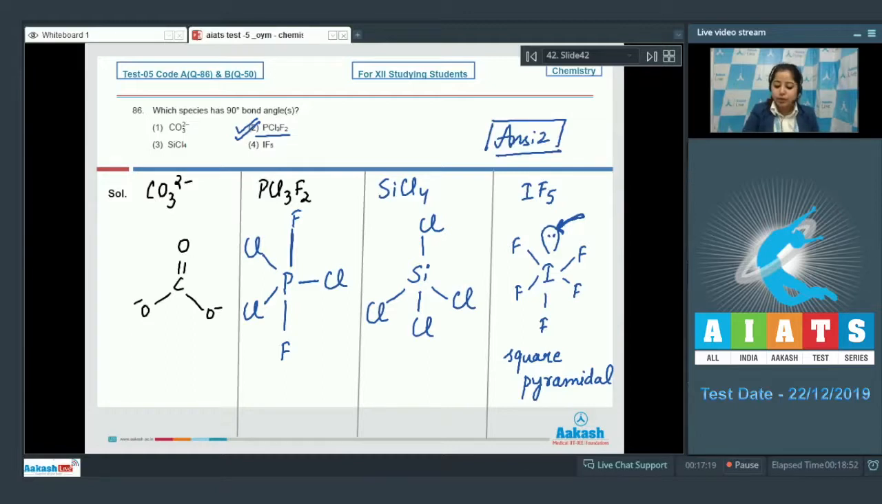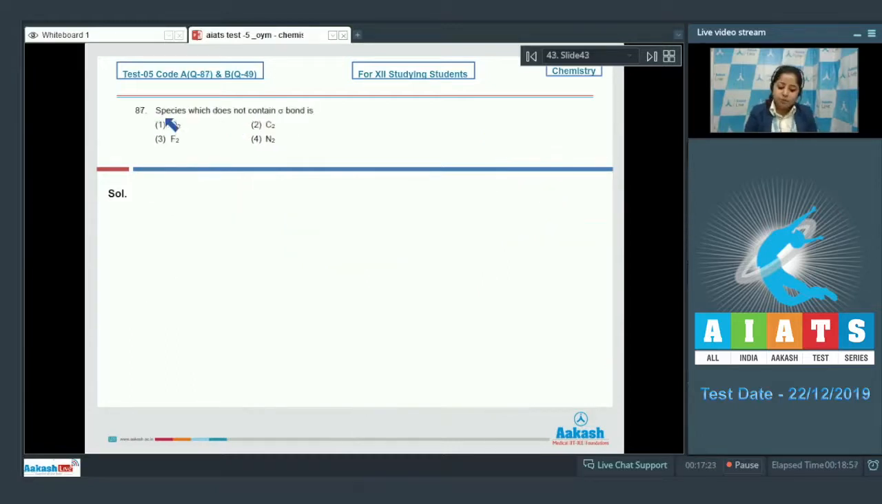Moving to next question, students, which is 87. Species which does not contain sigma bond is. The options are O2, C2, F2 and N2. First of all, in this question, students, we need to write the molecular orbital configuration, and then we'll be able to find out which species do not have sigma bond. Starting with O2,